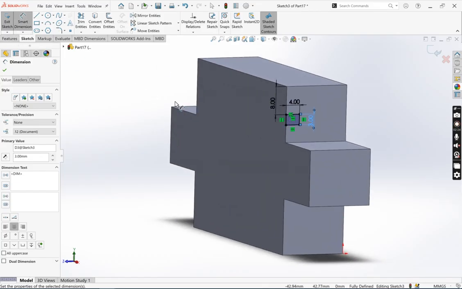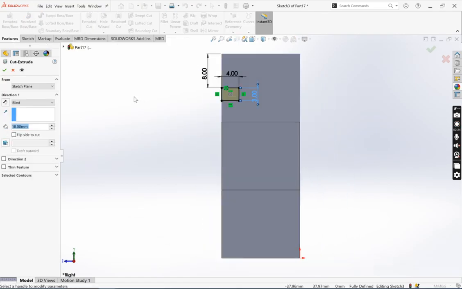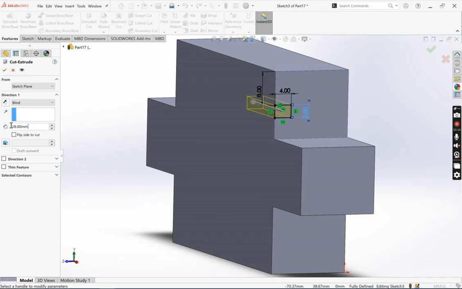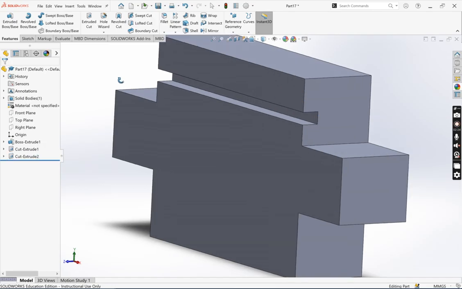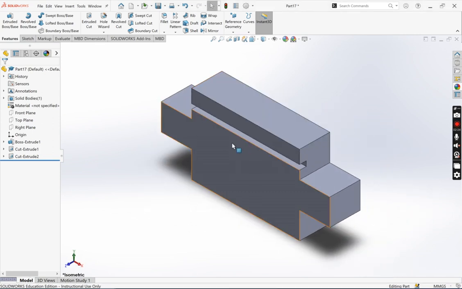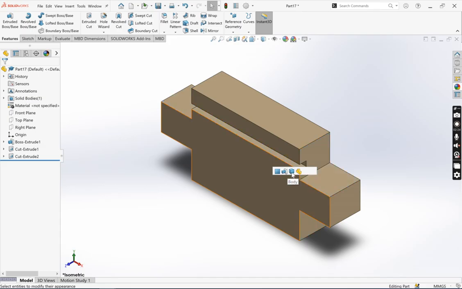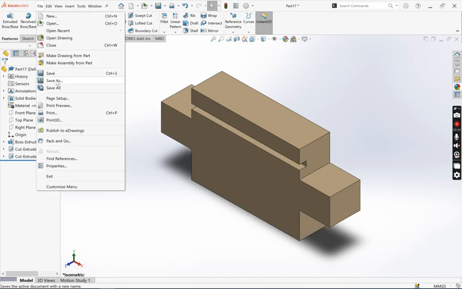Okay, to remove the material then, we're going to use Features and Extruded Cut. And what we want is 68 millimeters to be removed, so 68 millimeters. And this will give me a cut all the way through, and I can choose my isometric view. So on here, I can change the appearance by clicking Appearances. It's made of pine, so I'm going to use Unfinished Pine and drag that across onto the full shape of the body. Then I'll finish it off by pressing File, Save As, and save it as Box Part 1.